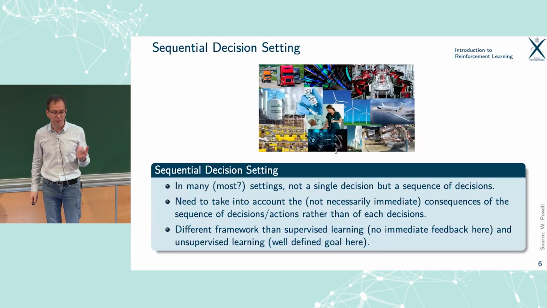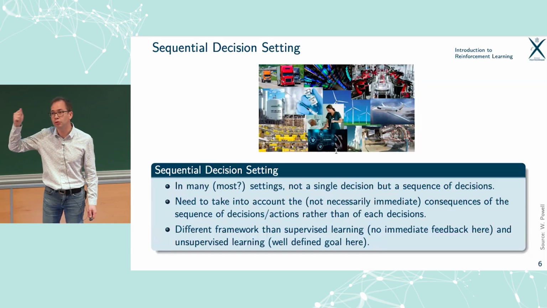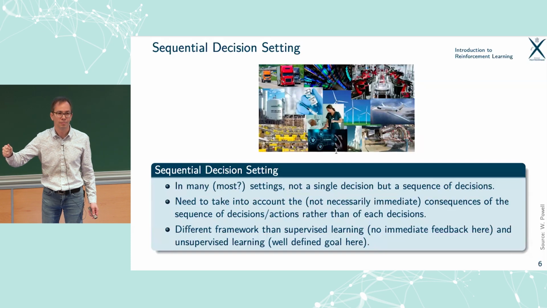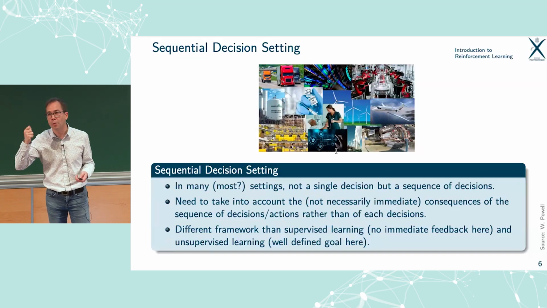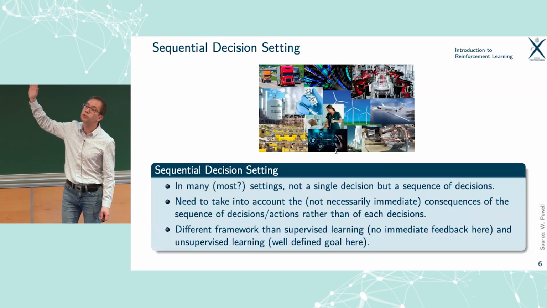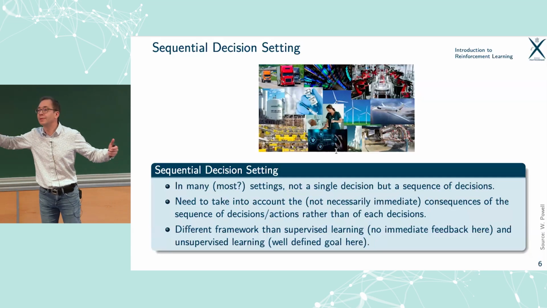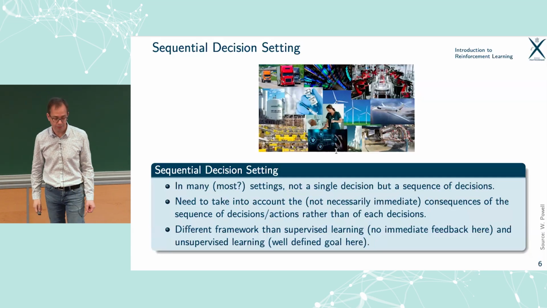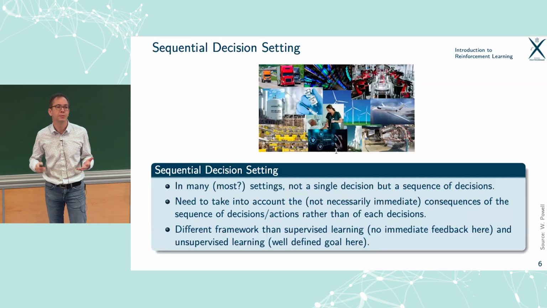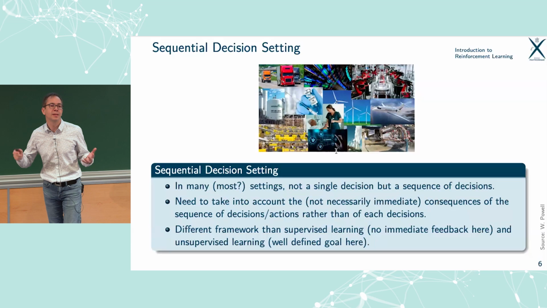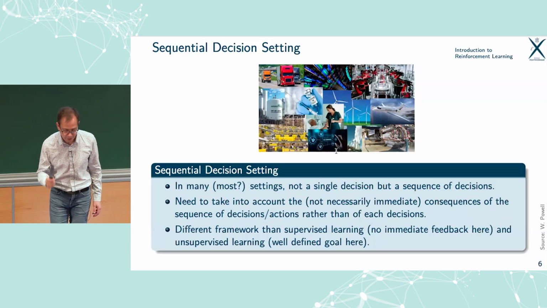As I've said, this is different from the supervised learning framework in which you have an immediate feedback. As soon as you make a decision, you're supposed to know whether this is good or bad. At least if you wait enough time or you ask someone, you can assign a performance to each decision. That's not going to be the case here. The whole sequence of decisions will be important. It turns out this is easier somehow than unsupervised learning, in the sense that we're going to define the goal in a very specific manner, so that can be related to optimization one way or another.